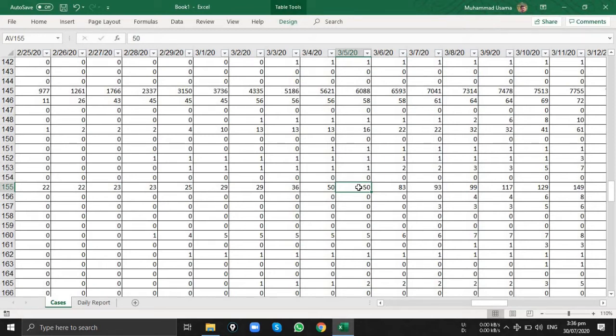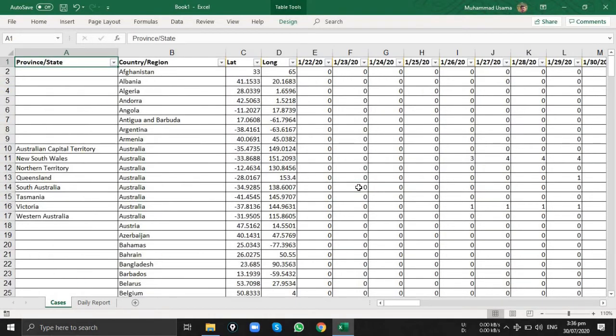One super useful shortcut is the Control Home button. Press it, see what happens. When I press Control Home, I reach the beginning of the sheet. While you are working with a large data set, it can save a lot of time.